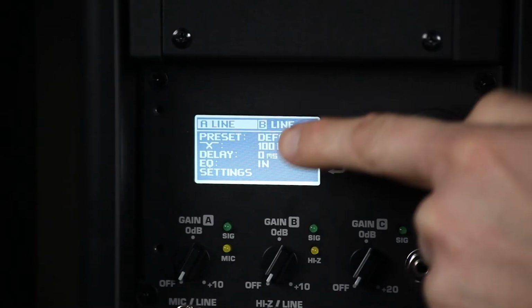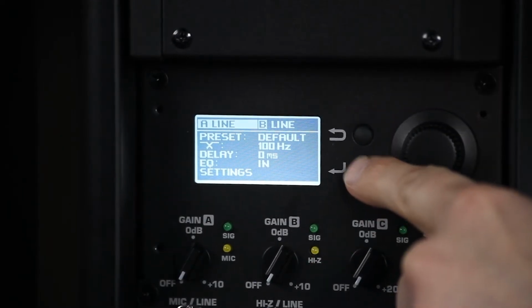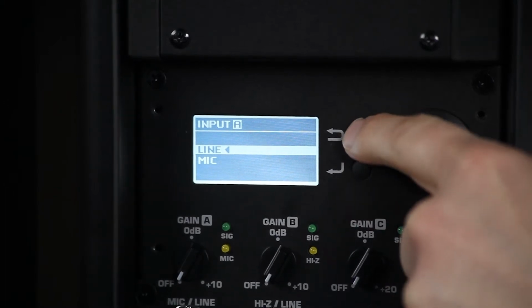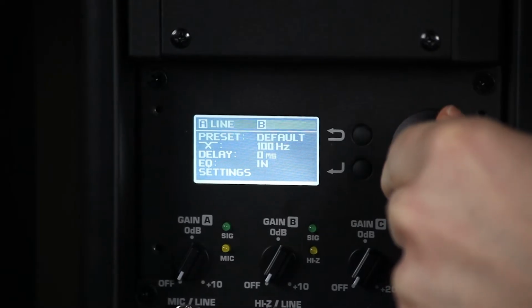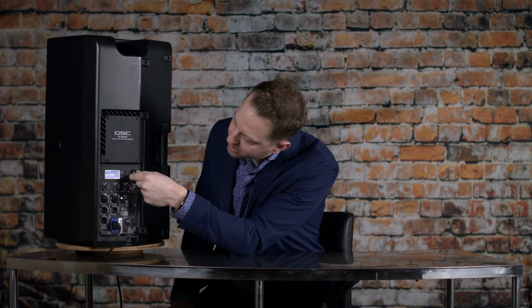So you'll notice here it says line for A. So if you press this is the enter button. It'll take you in. And just for some quick navigation, hit this button here. It takes you back out to get back to the screen. Nothing has changed. So let's go back in. So it's currently set to line level. If I scroll down,